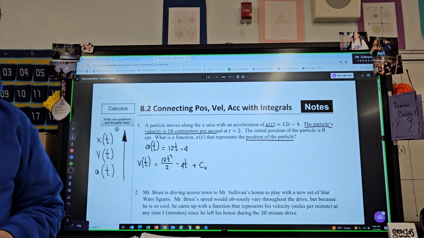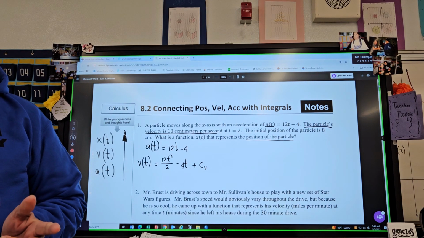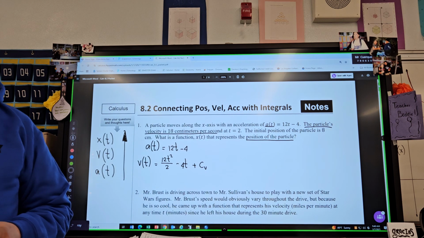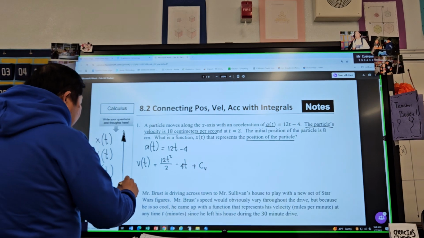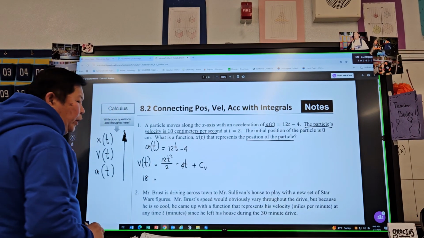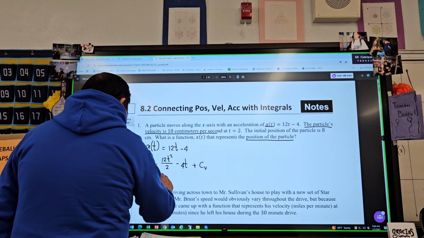Plug in the t, which is 2, and what else? The v of t is equal to 18. So can you do it now? So this means 18, right? And then what is 12 divided by 2? 6, right? So we can say 6